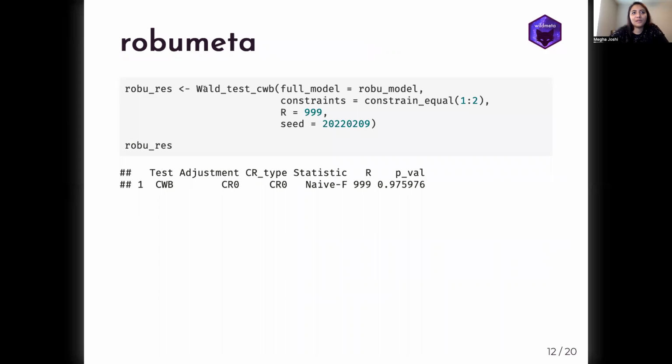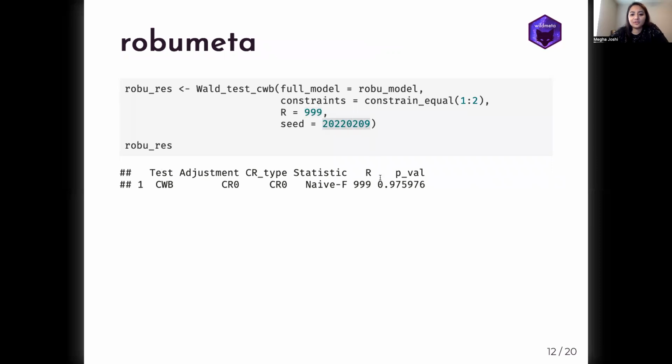Now here I use the Wald_test_cwb function from wildmeta. I specify the full model as a robumeta model. I use the constrain_equal function from the clubSandwich package to set up a constraint matrix. I set the number of bootstraps to 999, and I set the seed for reproducibility.